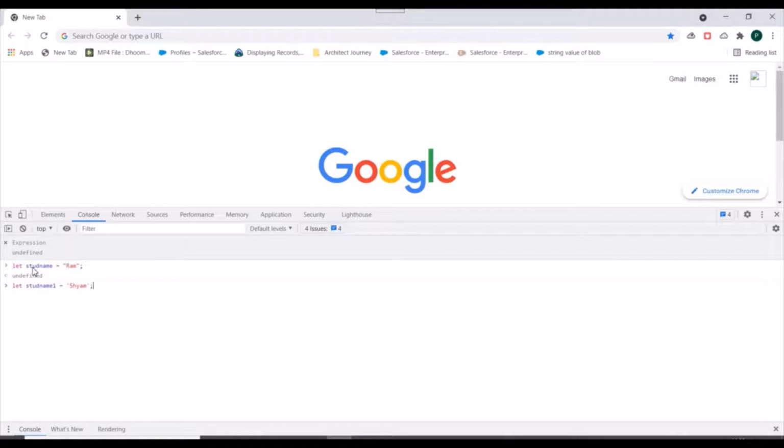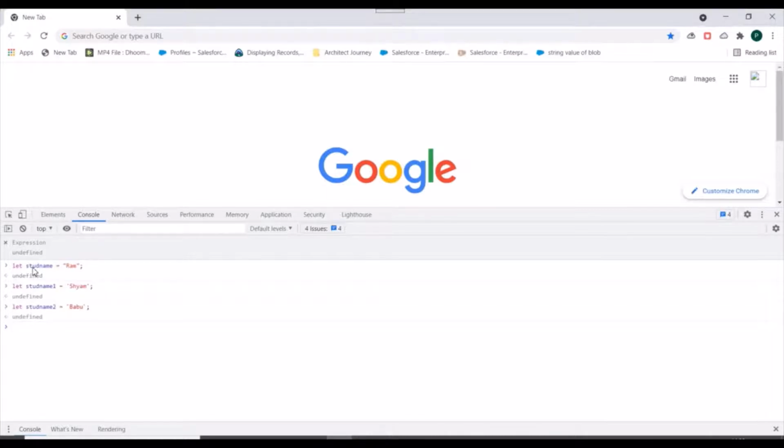Again, this will also be a string in JavaScript. Let studName2 equals to, we'll use backticks, and let's say Babu, right? So these all are strings in JavaScript.